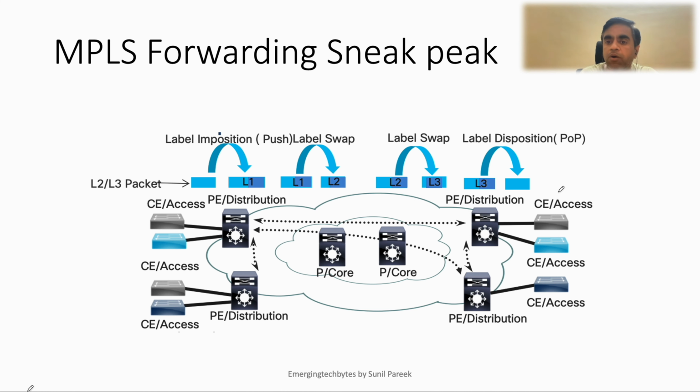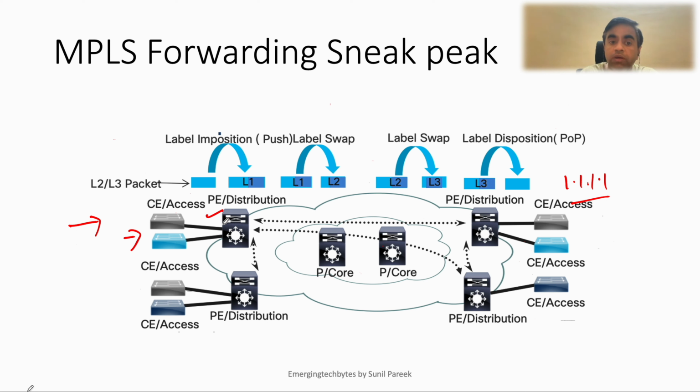Let's say somehow, for an IP based destination which is on this side, the labels are allocated. We will talk about how that is being done, but for now, you assume that the labels are allocated. And then we are sending a packet in this direction. So this is our packet direction.